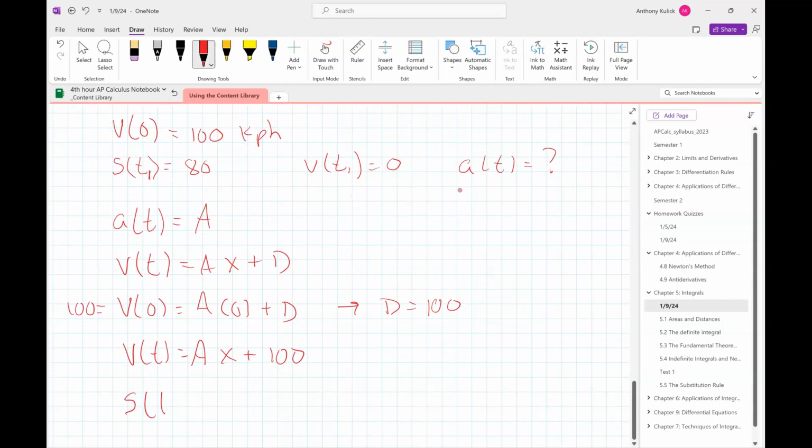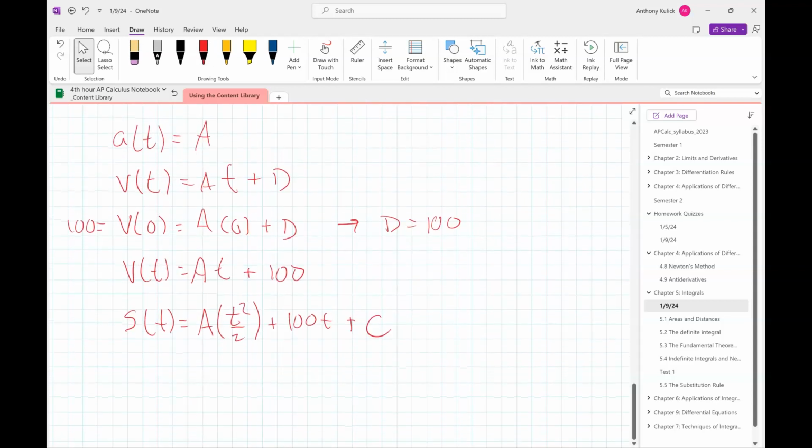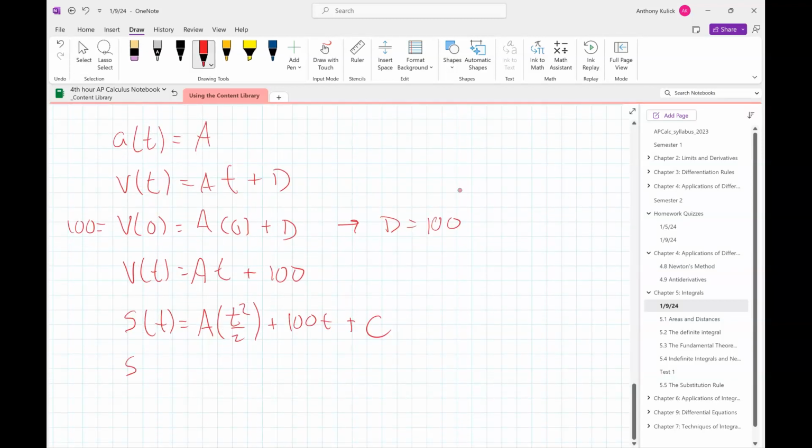Okay, and then we'll do the antiderivative of that. So that's going to be A times x squared over 2 plus 100x. I should be using t's. Plus c. And then I know that S of